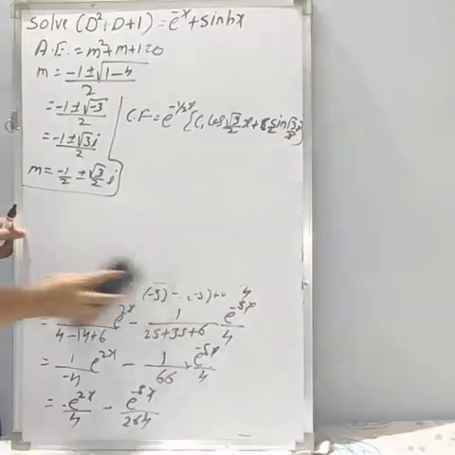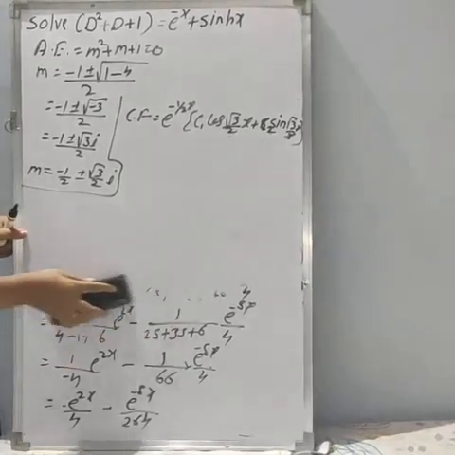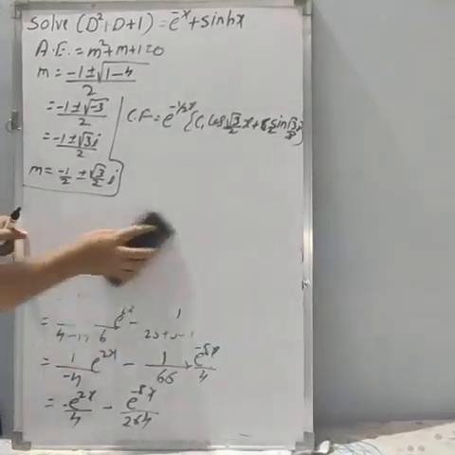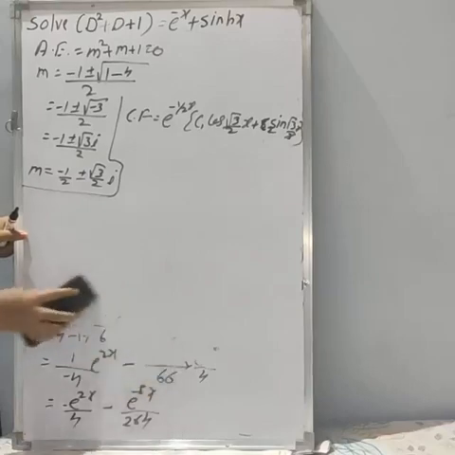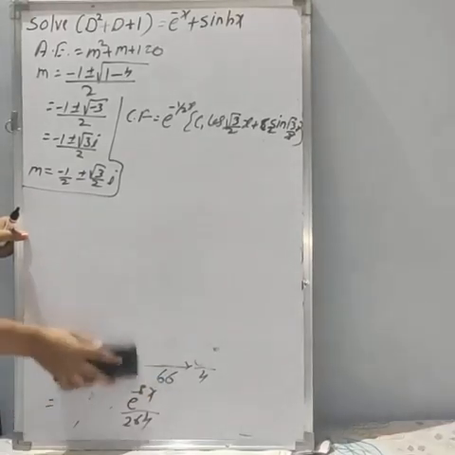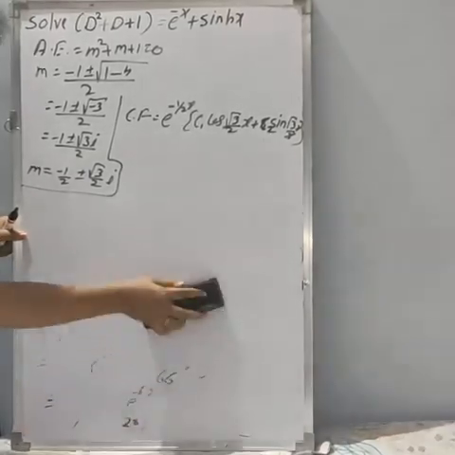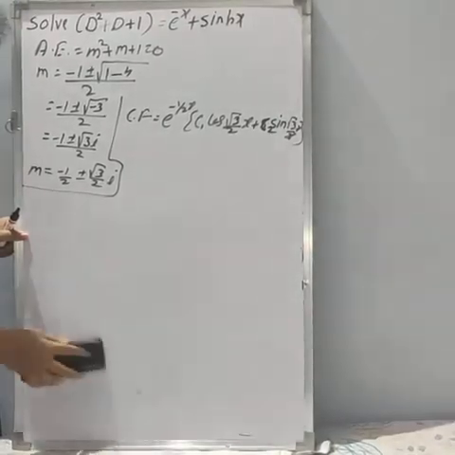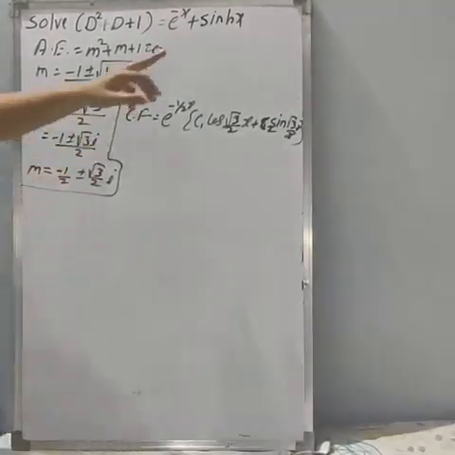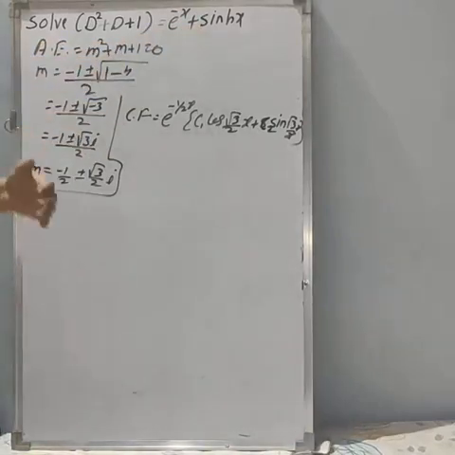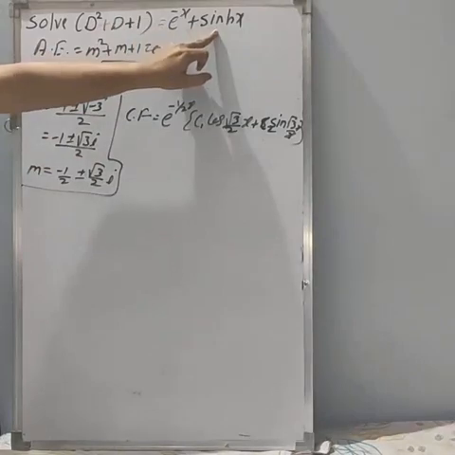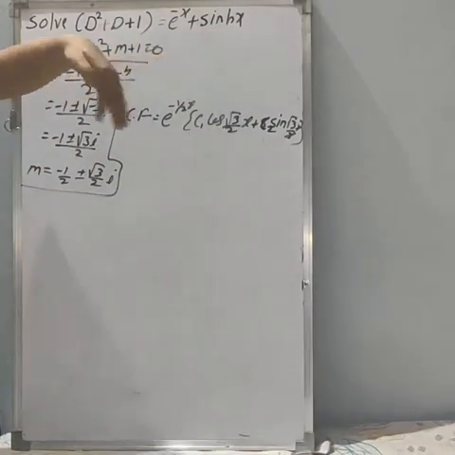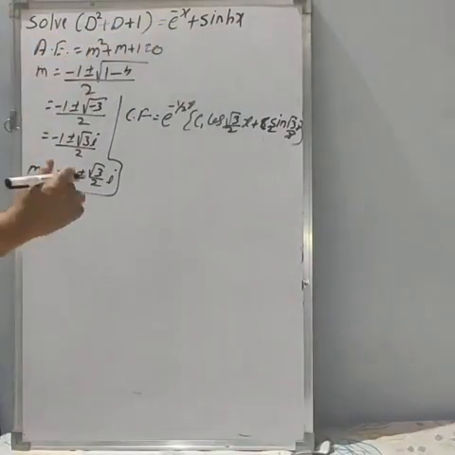Next we will find the particular integral. Now if you see the RHS, we have the sum of two terms. One is e to the power of minus x, the second one is sine hyperbolic x. As I said, if you have the sum of any two terms, we can separate those terms. But here we have sine hyperbolic x, and we want it in the form of exponential. Now you know how to write the value of the sine hyperbolic function in the form of exponential. We will write that value.